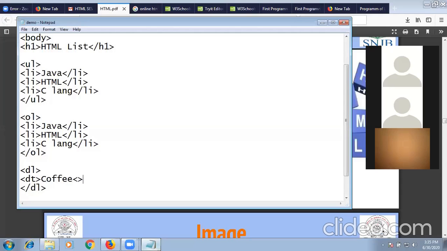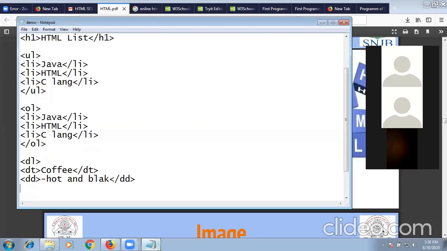I have to close it using /DT. I want a description for coffee, so I will use the DD tag. Coffee will be hot and black. Then I will close the DD tag also.